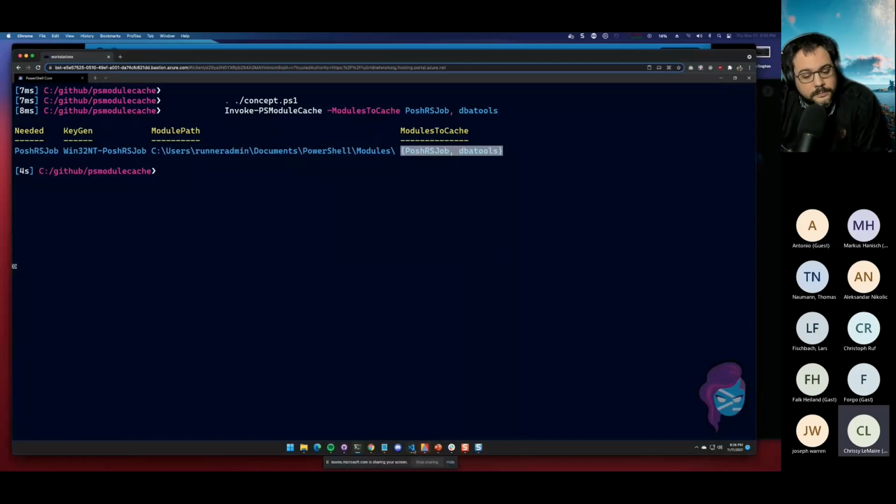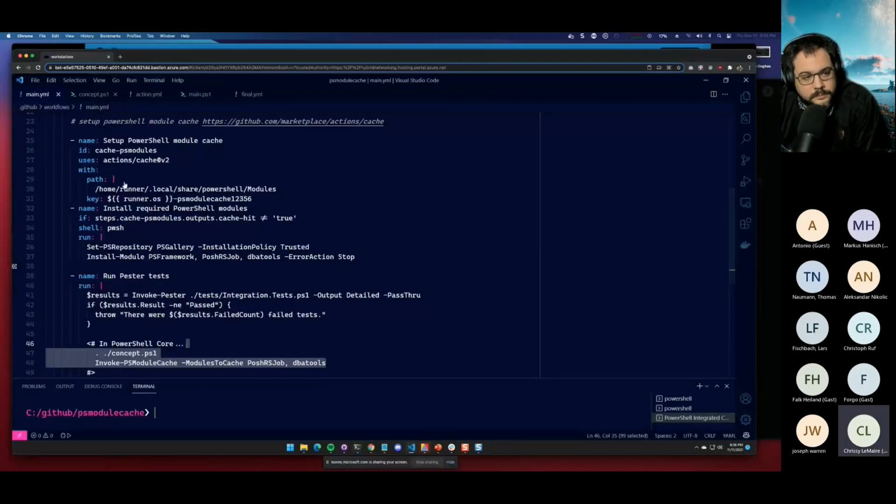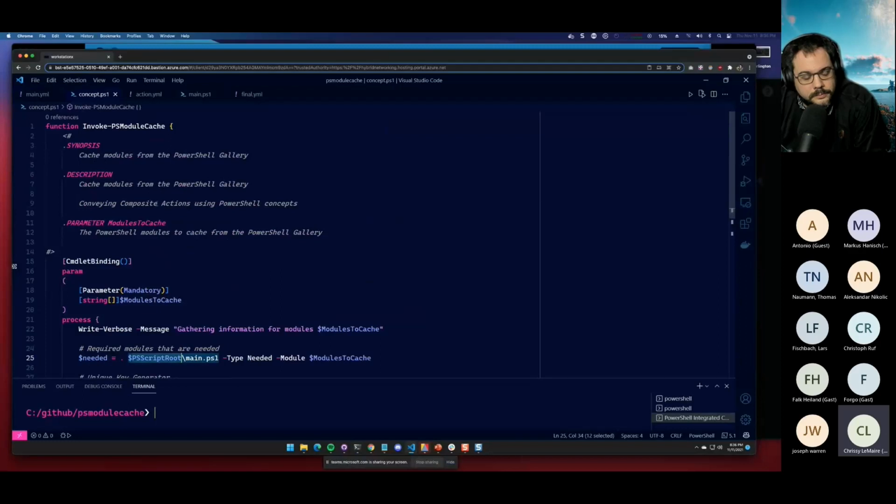So this is the concept for us as PowerShell people, right? We have Invoke-PSModuleCache. We have this little description, and then the parameter is PSModulesToCache. And I really like this. So you can pass in an array,